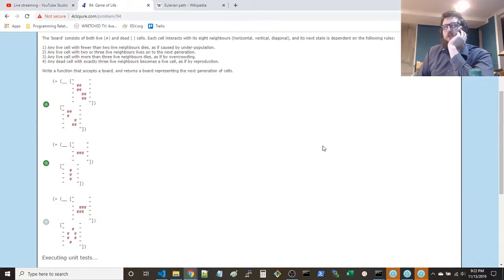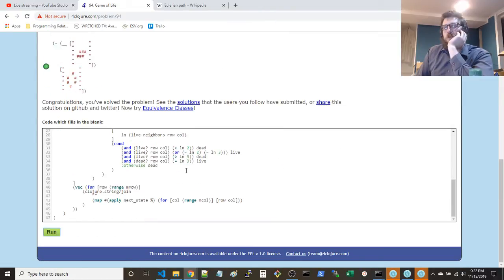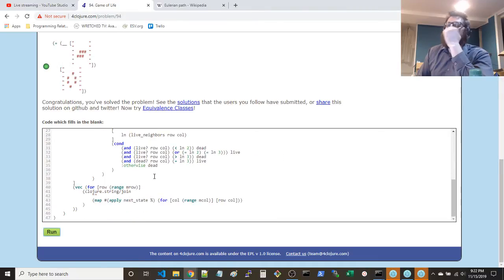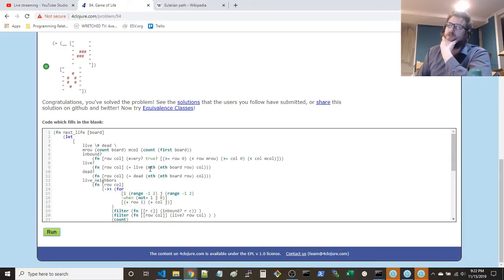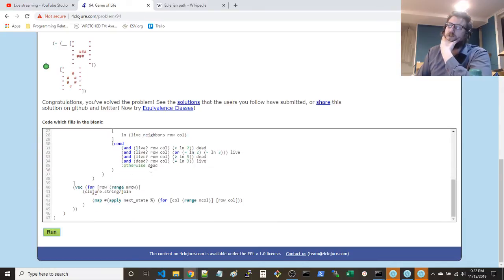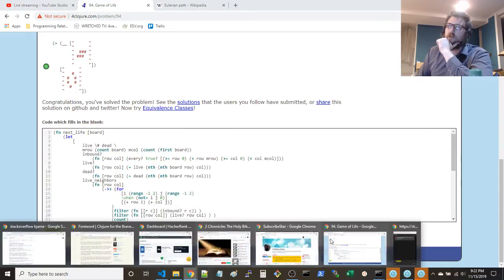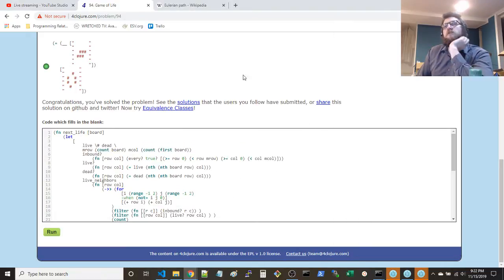Pretty simple, pretty easy, pretty straightforward. Kind of a lot of code and a lot of explaining, I guess, a lot of stuff going on. But it's really not bad at all. I mean, it's pretty simple overall. That's the thing. It's not really that tough. It's just a lot of small pieces.